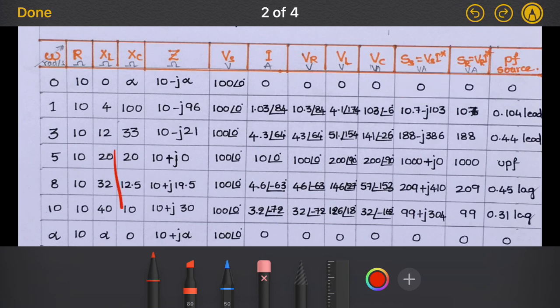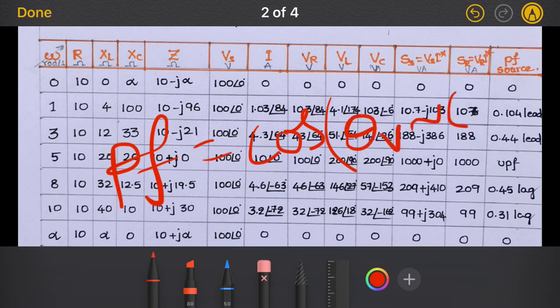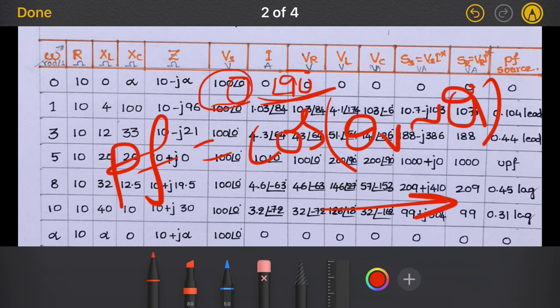0. The reason is we know power factor equals cos of theta V minus theta I. So that is cos of theta V minus theta I, where theta V value is 0 and theta I value is plus 90 degrees. Then this is cos of minus 90, which equals 0. That means the power factor is 0. At the same time, this current is 0 at an angle 90, while the voltage is 100 at an angle 0. That means this is the voltage vector and this one is the current vector. So the current vector is leading the voltage vector, then this power factor is a leading power factor.